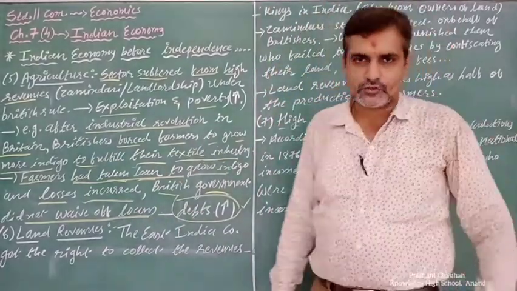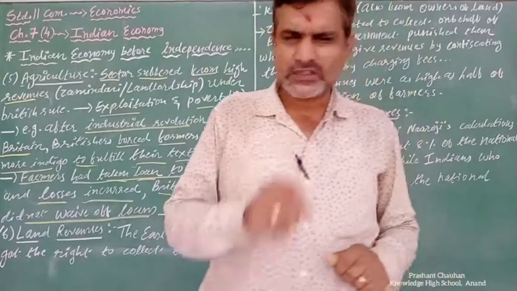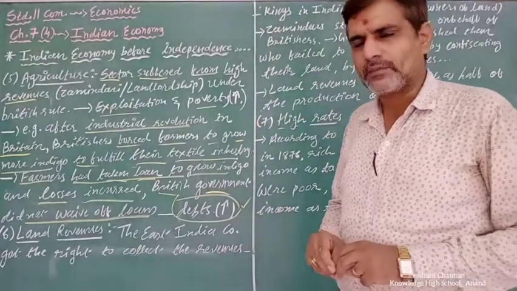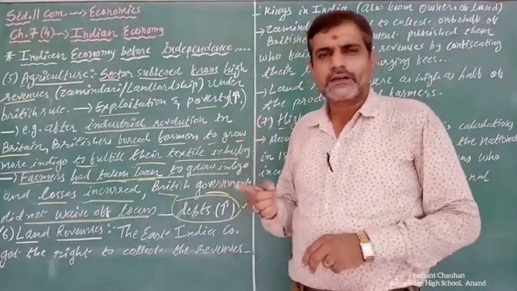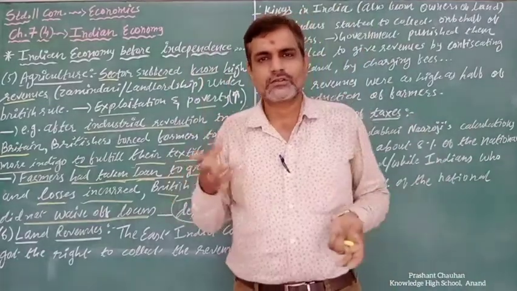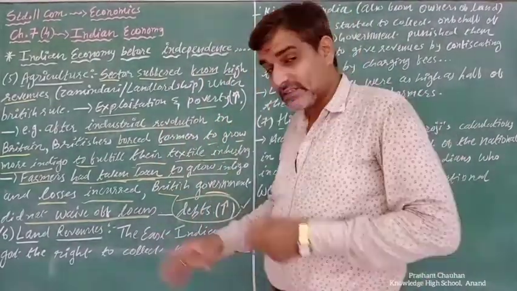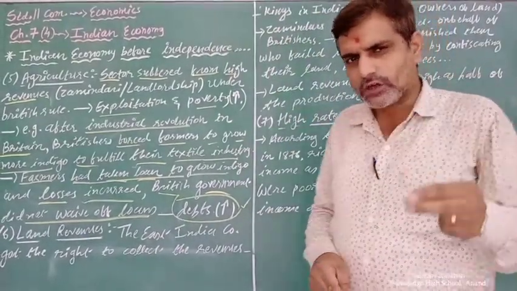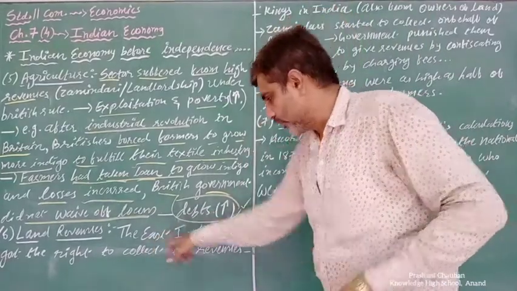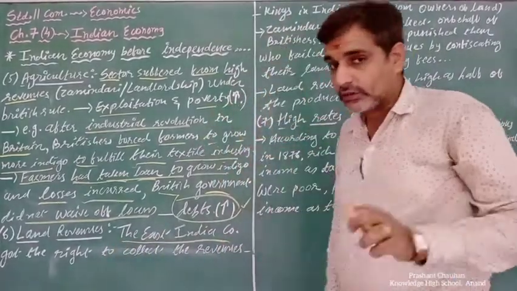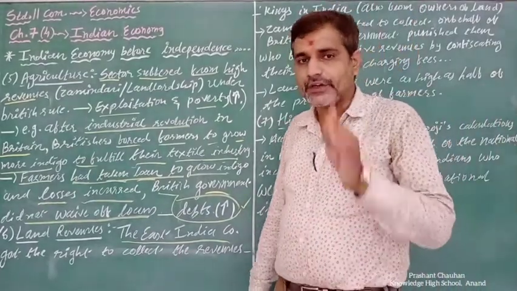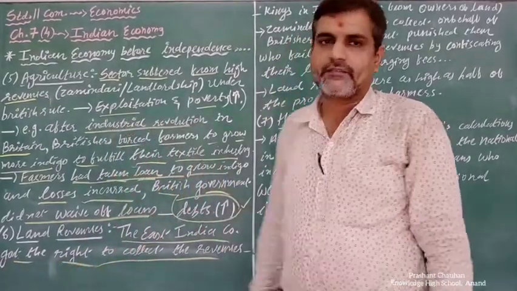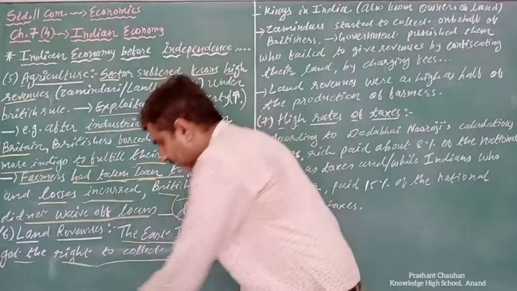नेक्स्ट वन लैंड रेवेन्यूज. This point is also important because see here the revenues are there, right? High revenues were taken by the zamindars, but this type of revenue may be very useful for the country's economy. But before independence the economy was totally in the hands of the Britishers. So Britishers like the East India Company got one special right from the kings. East India Company, the first company which entered our country to trade, got the right to collect the revenues. They got the right to collect the revenues.